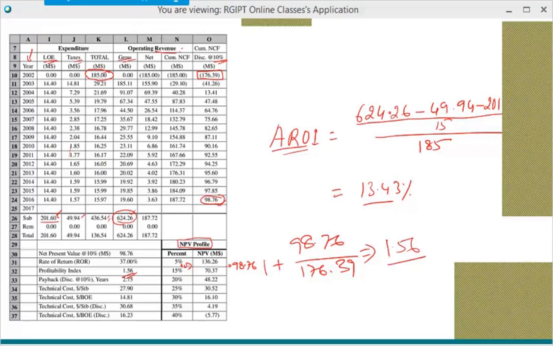In this case, as you can see, your IRR should be somewhere here, because at 35% you have NPV as 4.19, and so this IRR comes out here as 37%, the rate of return. So these are different numbers that are given, and you make your investment decisions based on these.